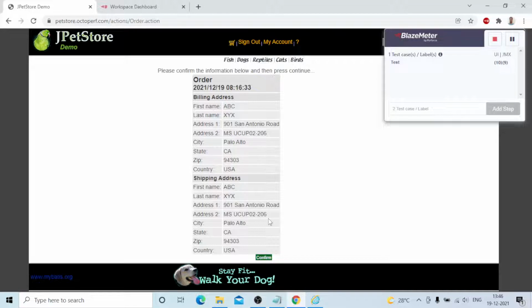Okay, it's the same flow I am doing in JMeter also. It's done. Okay, thank you, your order has been submitted. Now you need to click on sign out. That completes the business flow. There is no need to give any steps, it's already recorded. It's JMX formatted, JMeter related. Just stop the recording.